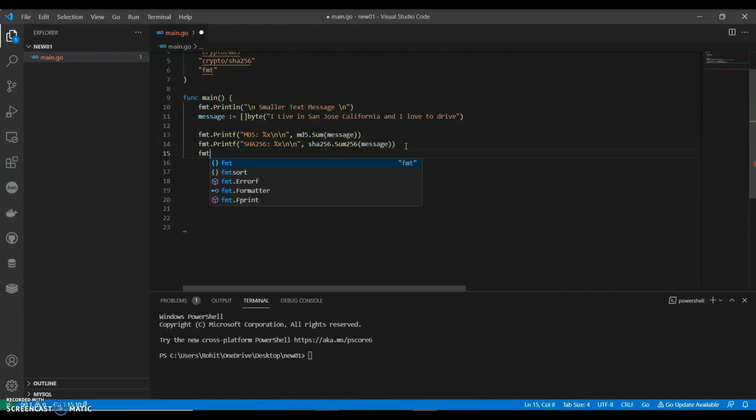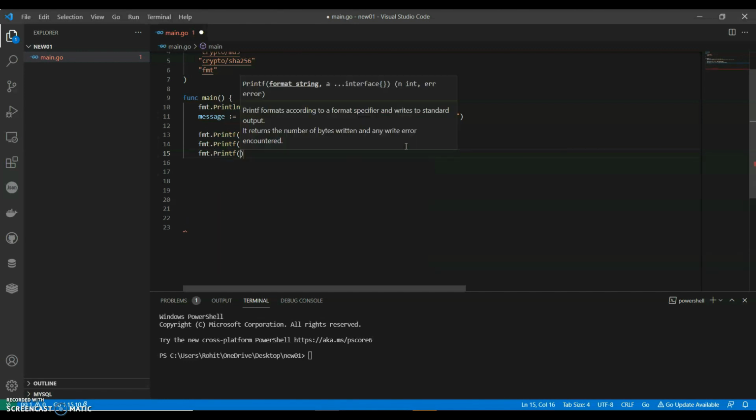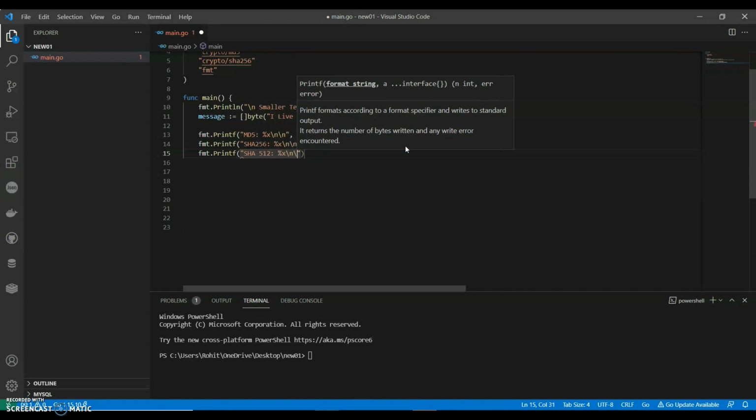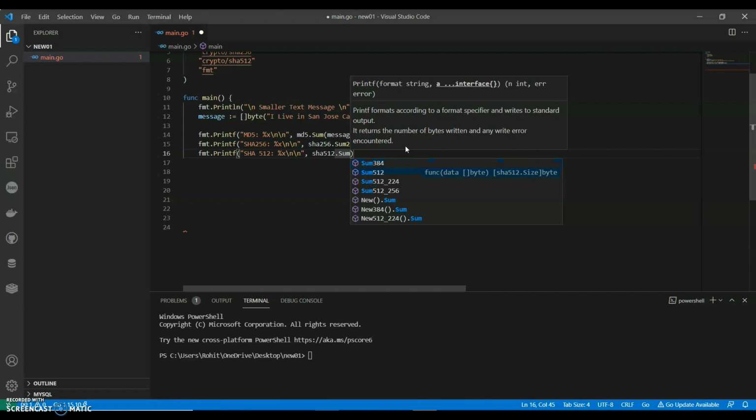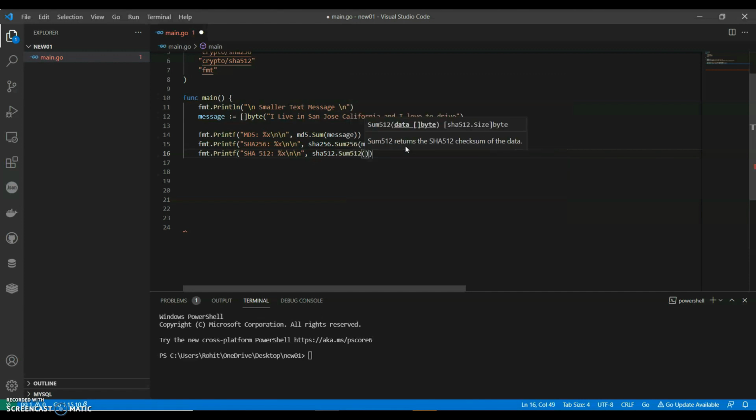Similarly, we can have fmt.Printf. Can say sha512, comma. We can say sha512.Sum512 message. Okay. Now we can just copy this